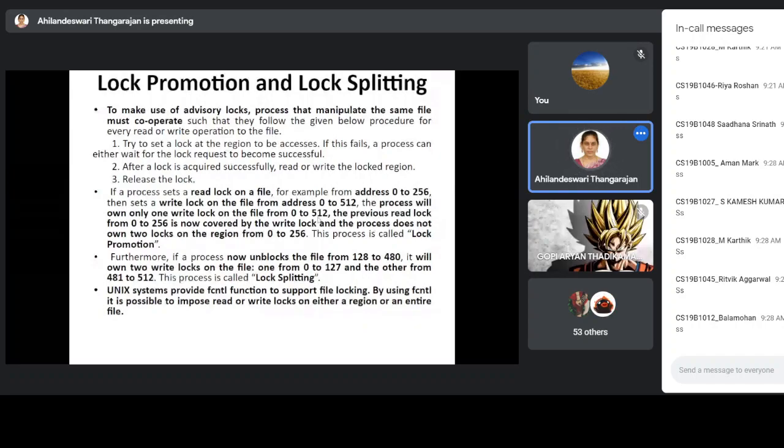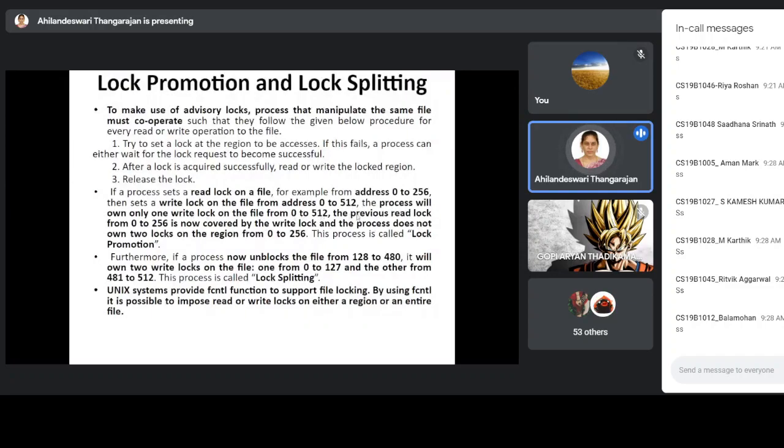From 0 to 256 appears a read lock, and from 0 to 512 it is a write lock. So the process is allowed to have only one lock. As per this case, it is allowed to have only the write lock on the file from 0 to 512.